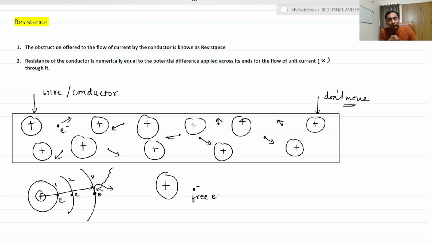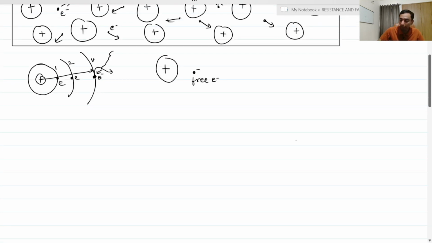So before 1897, everybody used to think that the free ions, the positive ions, are responsible for the electric current. But after the discovery of the electron in 1897 by J.J. Thomson, everybody understood that the free electrons are responsible for the electric current, right? Now, what is going to happen is, if you look carefully,